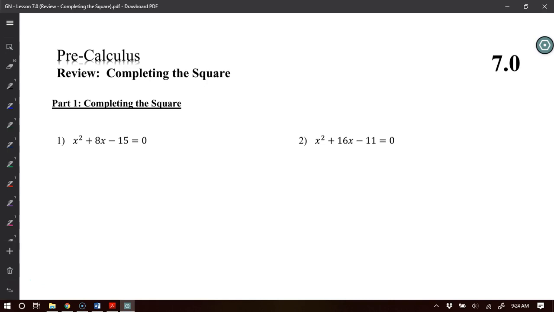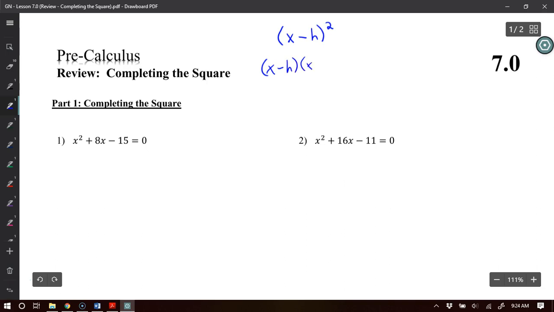So completing the square, the main idea behind it is you are trying to create a perfect square binomial. You're trying to make something so it looks like x minus 1 or x plus 5 squared, that quantity squared. So really, to square something means to multiply it by itself, so you're trying to break a quadratic into two of the same factors. That's really what you're trying to do, is you're trying to factor it so that they are the exact same